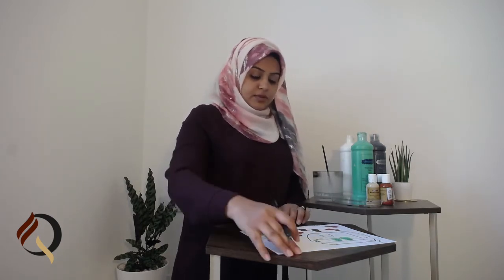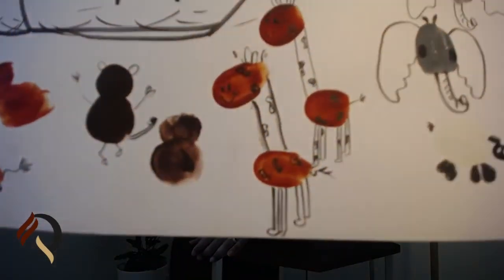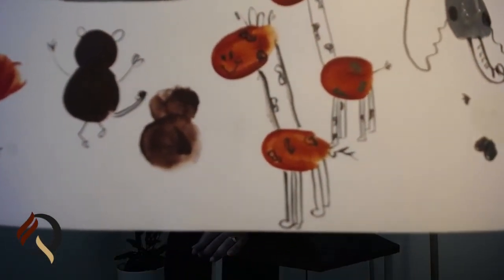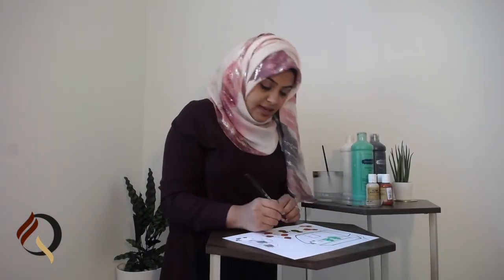And my giraffe is smiling. I hope yours is too. He's going on the Ark of Prophet Nuh. So I'm sure he's super happy. Just like that. Okay, now for my last two animals, I'm going to add some ears at the top of my